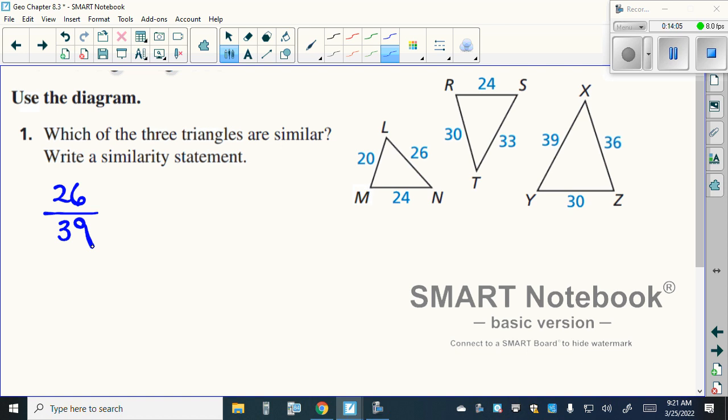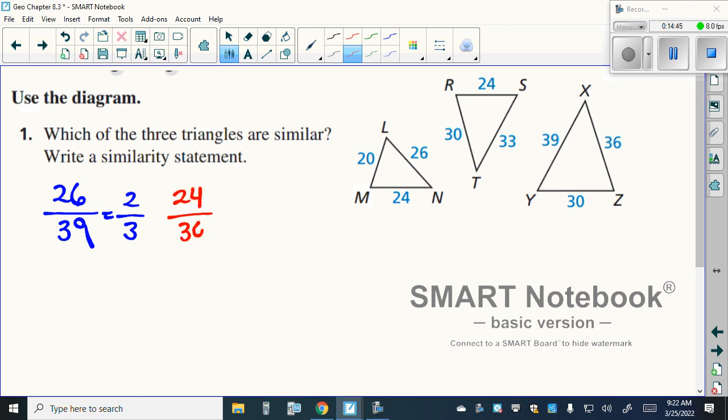Now this one here, the common factors that they have might be a little hard to see, because it's not one we're used to. Y'all know what it is? Not 3. 13. 13, because 13 times 2 is 26, and 13 times 3 is 39. Yeah, so 13 is kind of hard to show on 2 hands, but 13 is the common factor between those. So the next set of sides we can look at is